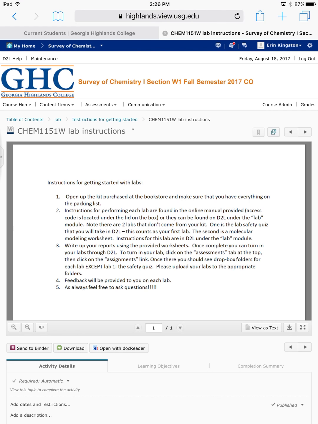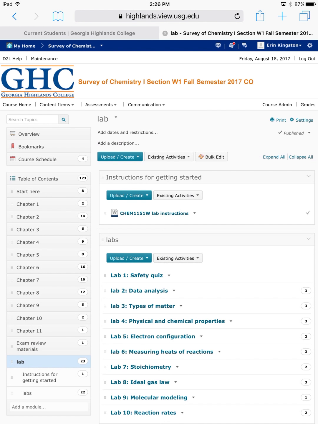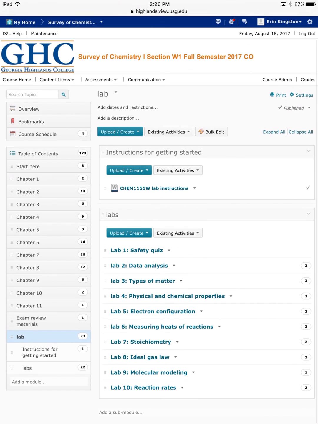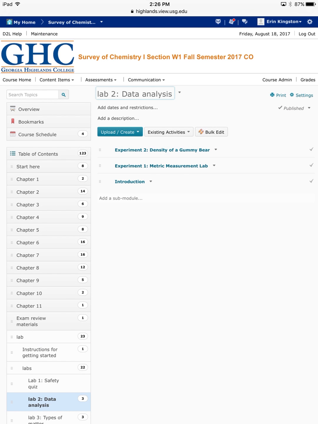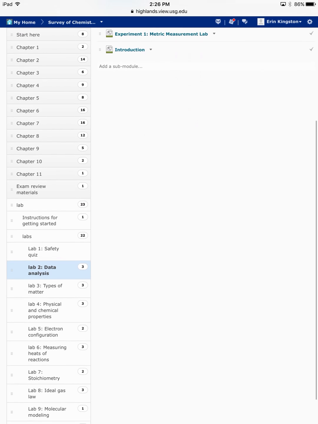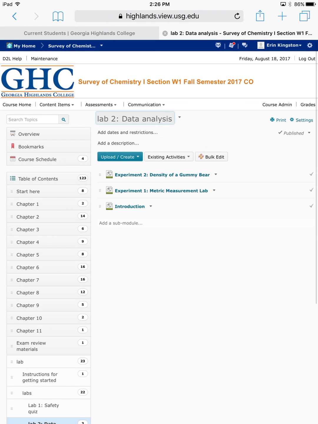So let's go back here to lab. So instructions for getting started, and then also within the lab tab, you will find all of the experiments listed here. So for example, if you click on lab 2, data analysis, there's an introduction and an experiment 1 and an experiment 2. Now, to turn in your labs, you are going to click on Assessments, Assignments,